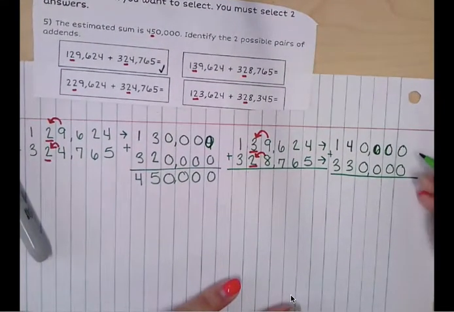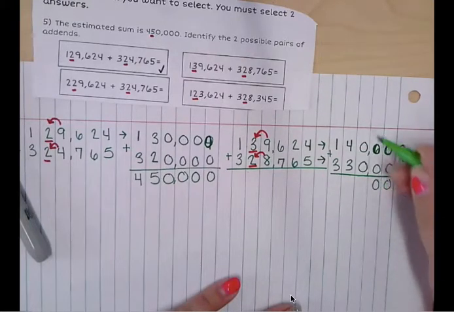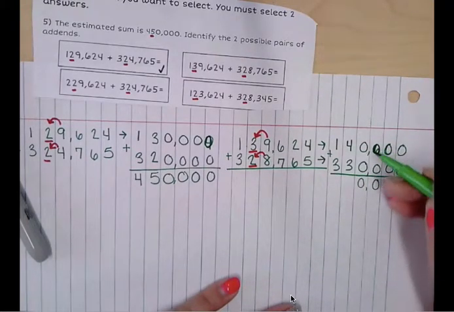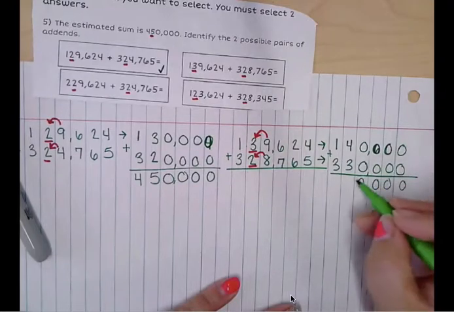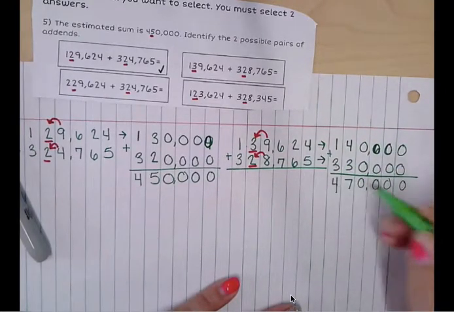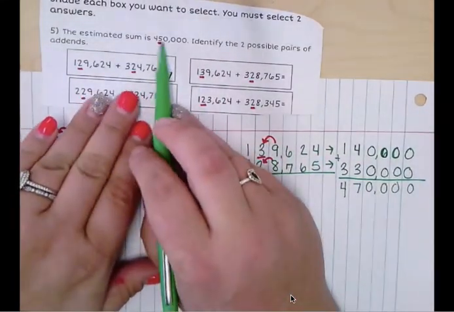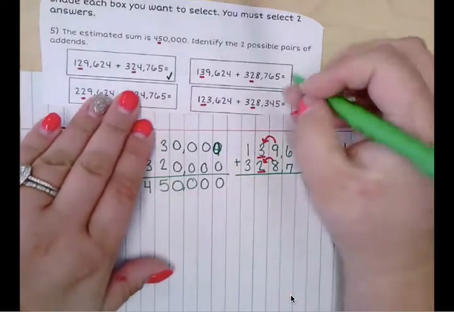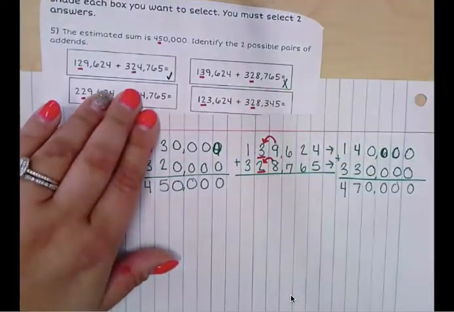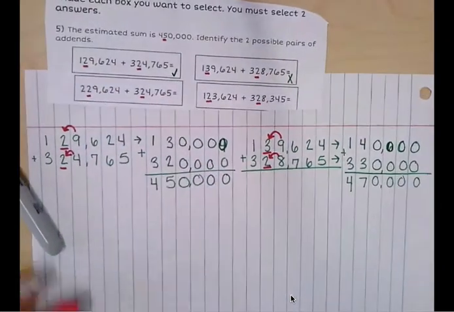0 plus 0 is 0, 0, 0, 0. 4 plus 3 is 7. 1 plus 3 is 4. So my answer is 470,000. Did that round to 450,000? No, it did not. So I'm going to put an X right there. I'm going to go to my next one, which is